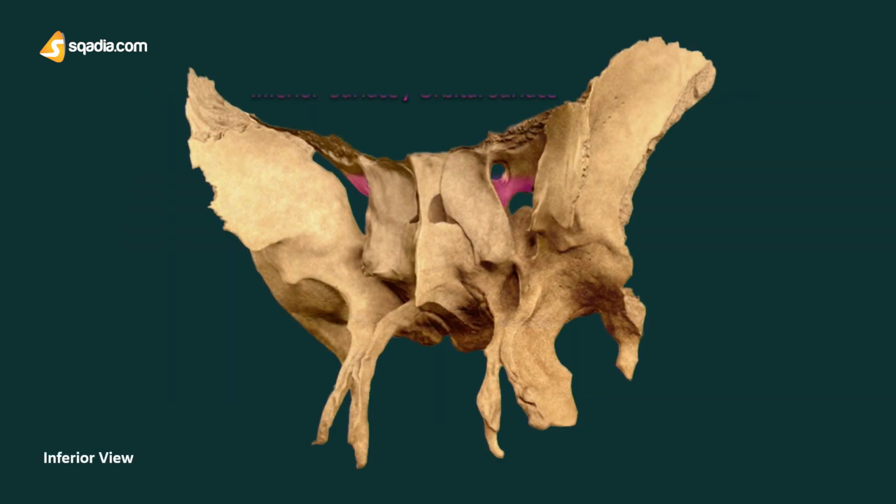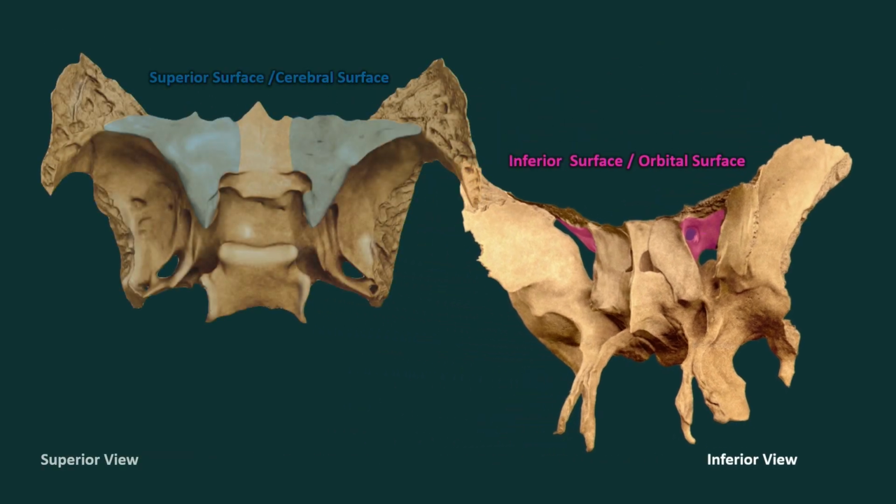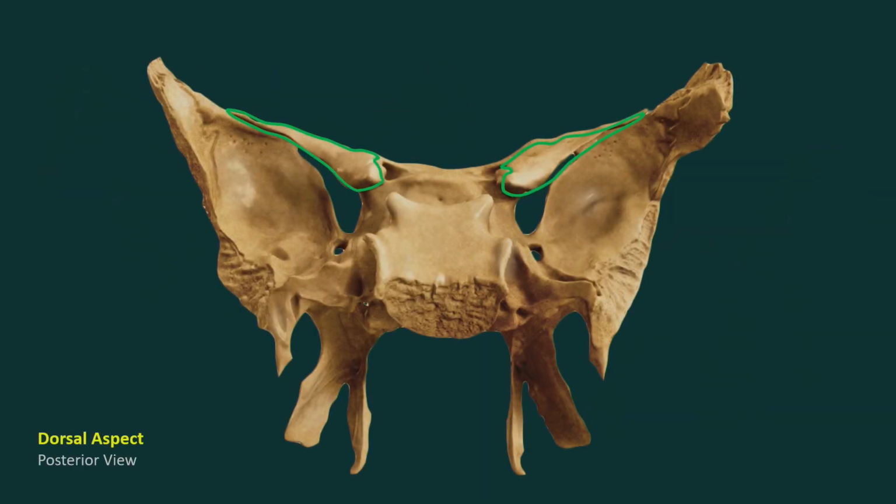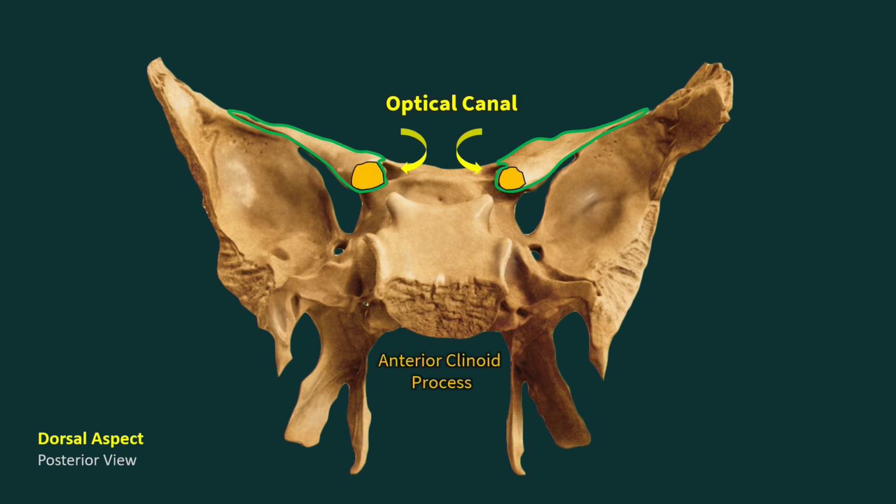Next we have the inferior surface or the orbital surface, which forms the back part of the roof of the orbit and the upper boundary of the superior orbital fissure. Now guys, the lesser wing is connected to the body by two roots, the upper thin and flat, the lower thick and triangular. So the main features of the lesser wing are the optic canal, the anterior clinoid process, and